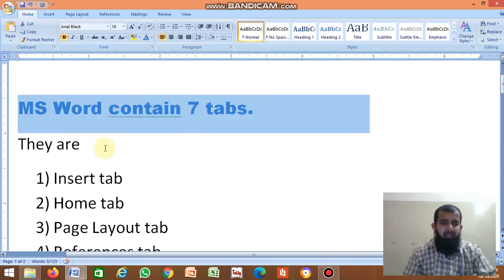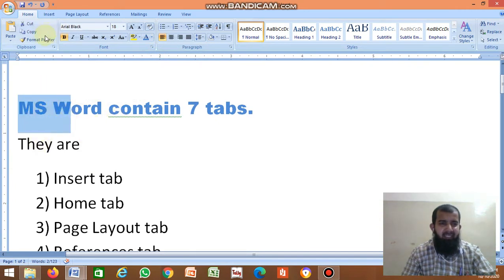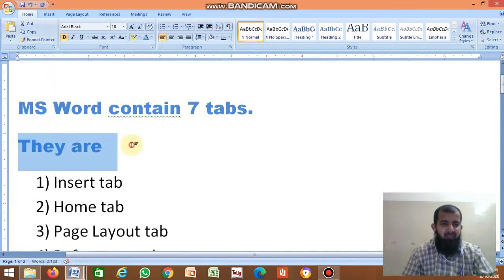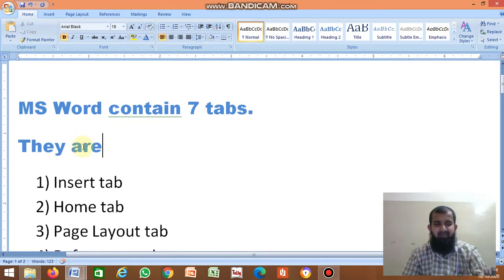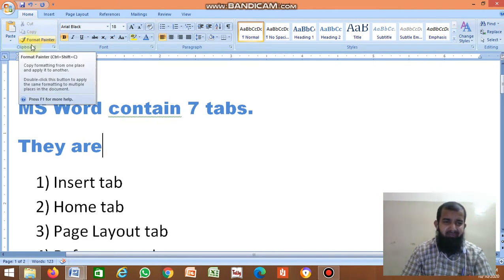Assume I want the same color, the same size for this text also. So what I do, just select it, click on format painter, then drag it. It displays the same color, the same size. It copies the color, the size, the format. Clipboard, format painter, copies the format. Clear, no?